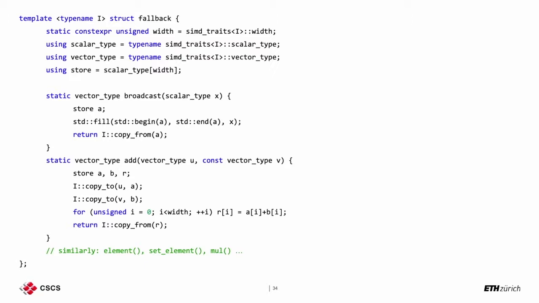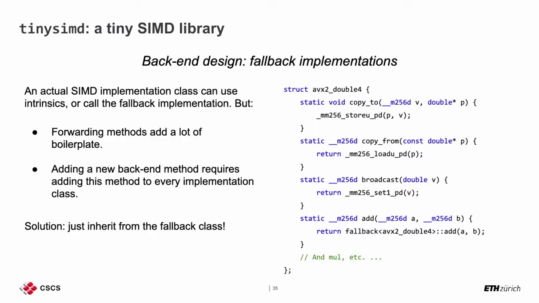So clearly, this is not vectorized code. If it gets vectorized, it's because the compiler is clever enough to do it. We're not doing anything. And we can do that for every piece of functionality we want to expose in sort of the backend interface. When we get to doing something concrete, like a 4 wide double vector, we've got the